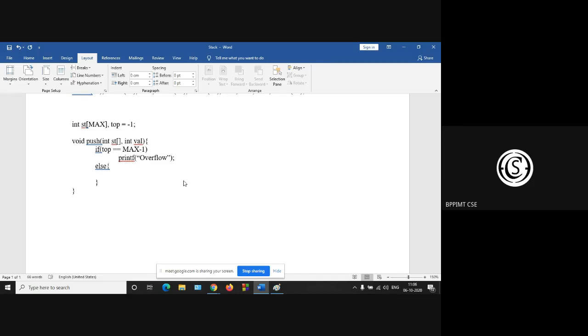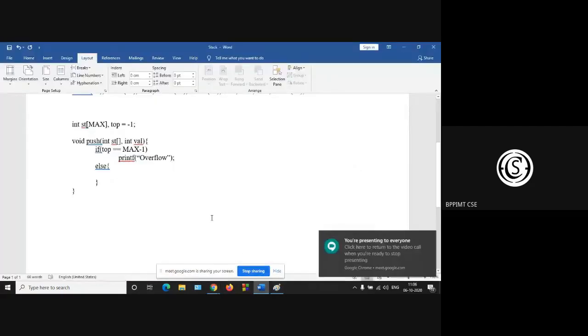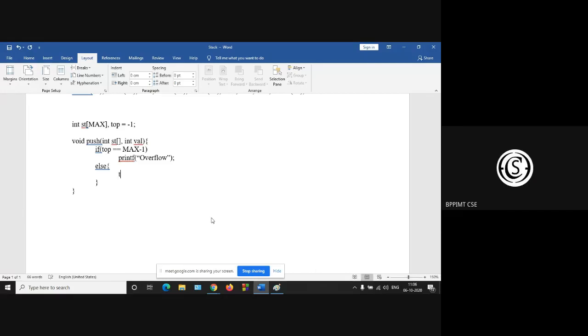Otherwise, what should we do? Otherwise, how to push? Any idea? Suraj, are you there, Suraj? So how to push? Sir, we will increment top by 1. So first operation is increment. Increment the top.